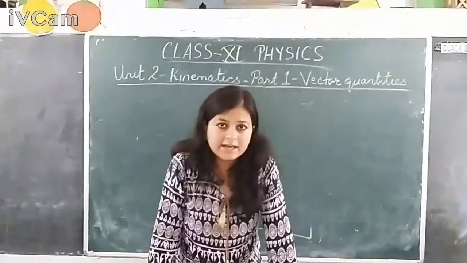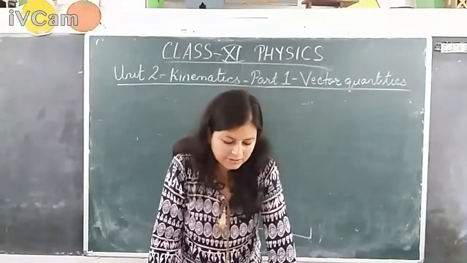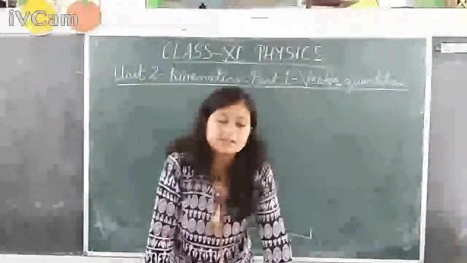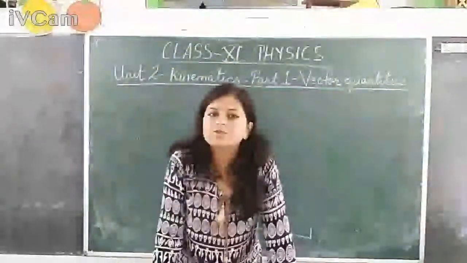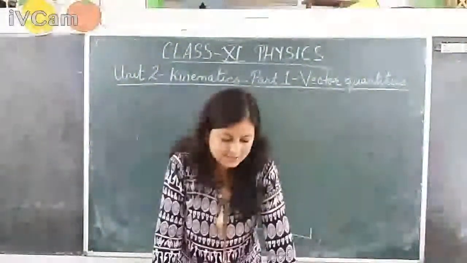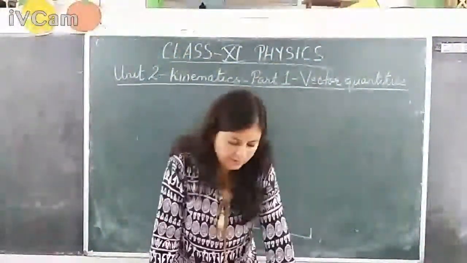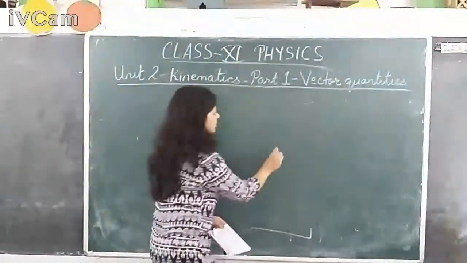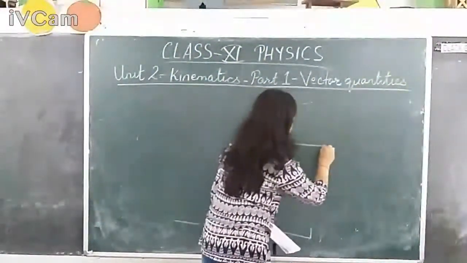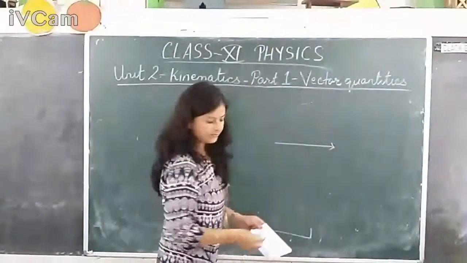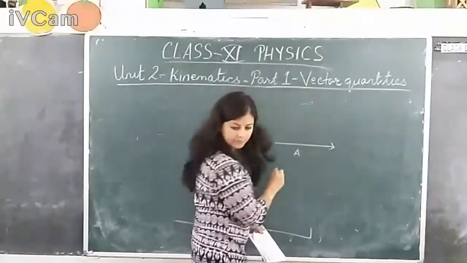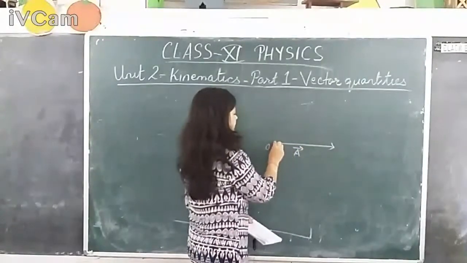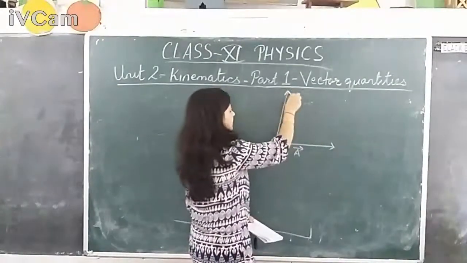If two vectors are represented in magnitude and direction by two adjacent sides, okay, in the previous theorem it was the two sides of a triangle. In this theorem, it is the two adjacent sides of a parallelogram, drawn from a point. Now, say we have the vector A drawn from the point O, and another vector, say B, is drawn from the same point. That is the difference.